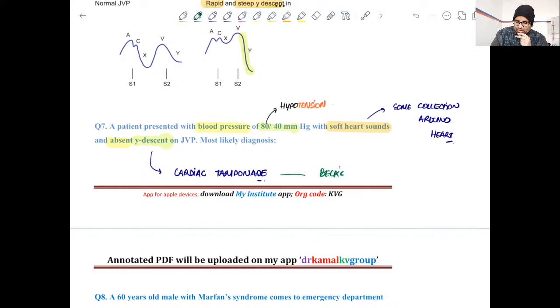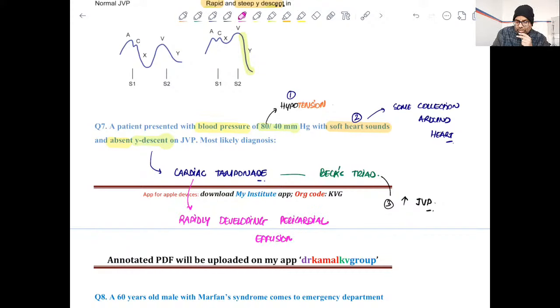It's very important. So in Beck's triad, one of the components is hypotension, second is muffled heart sounds, and third is raised JVP. Clear? So this is the Beck's triad of cardiac tamponade. Now cardiac tamponade is rapidly developing pericardial effusion, right? So maybe there may be possibility that at times, just to confuse you, they won't give